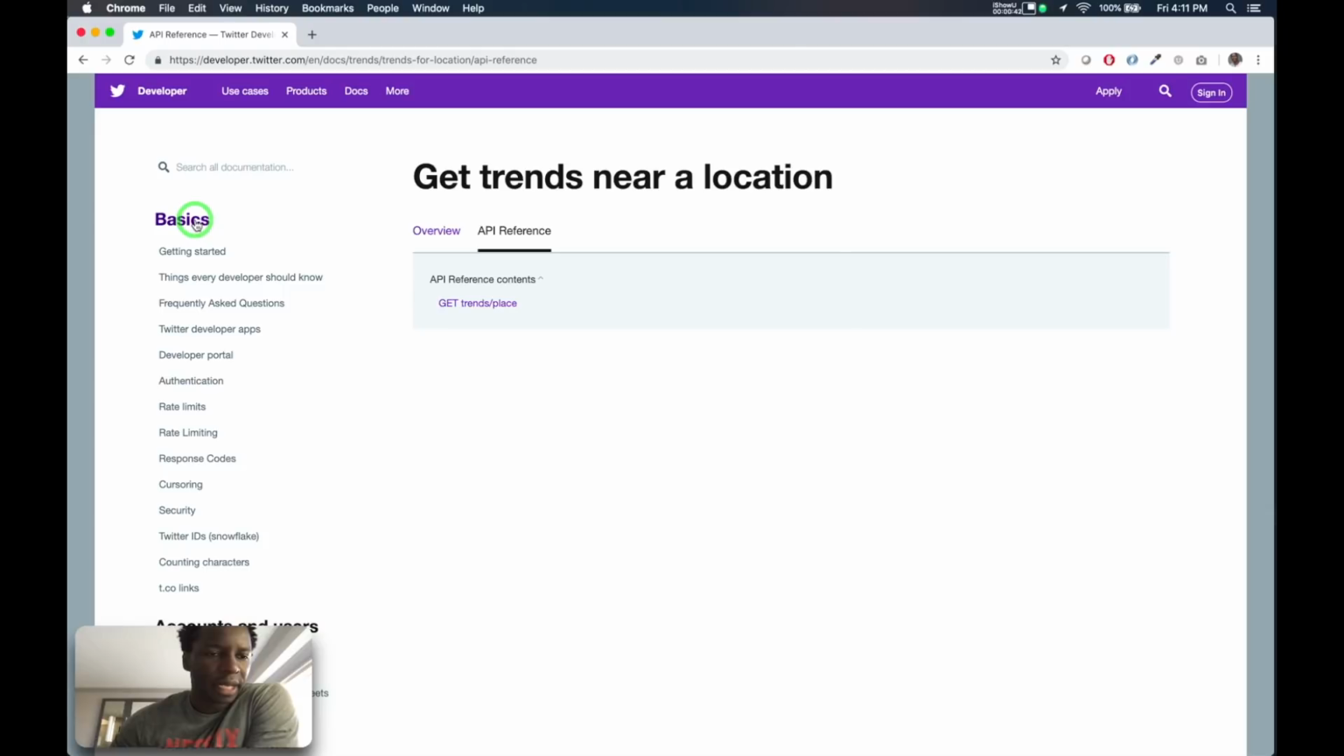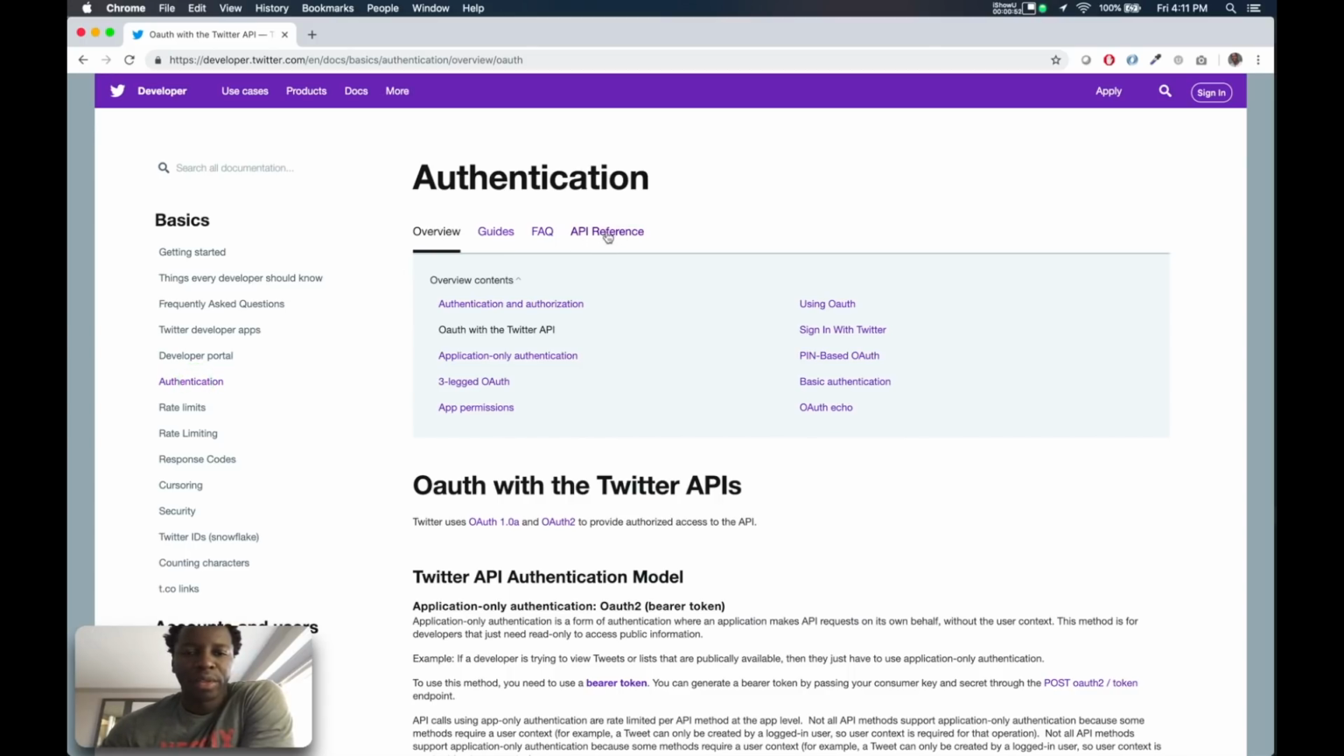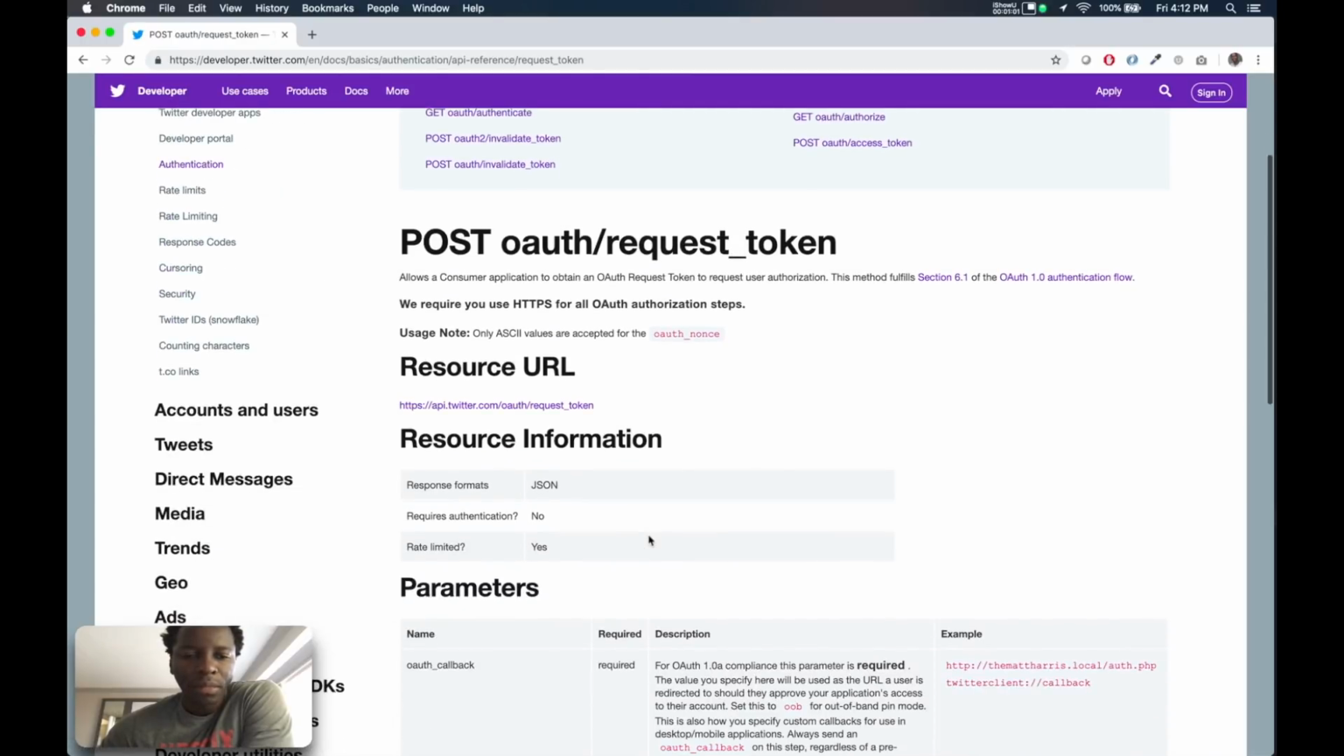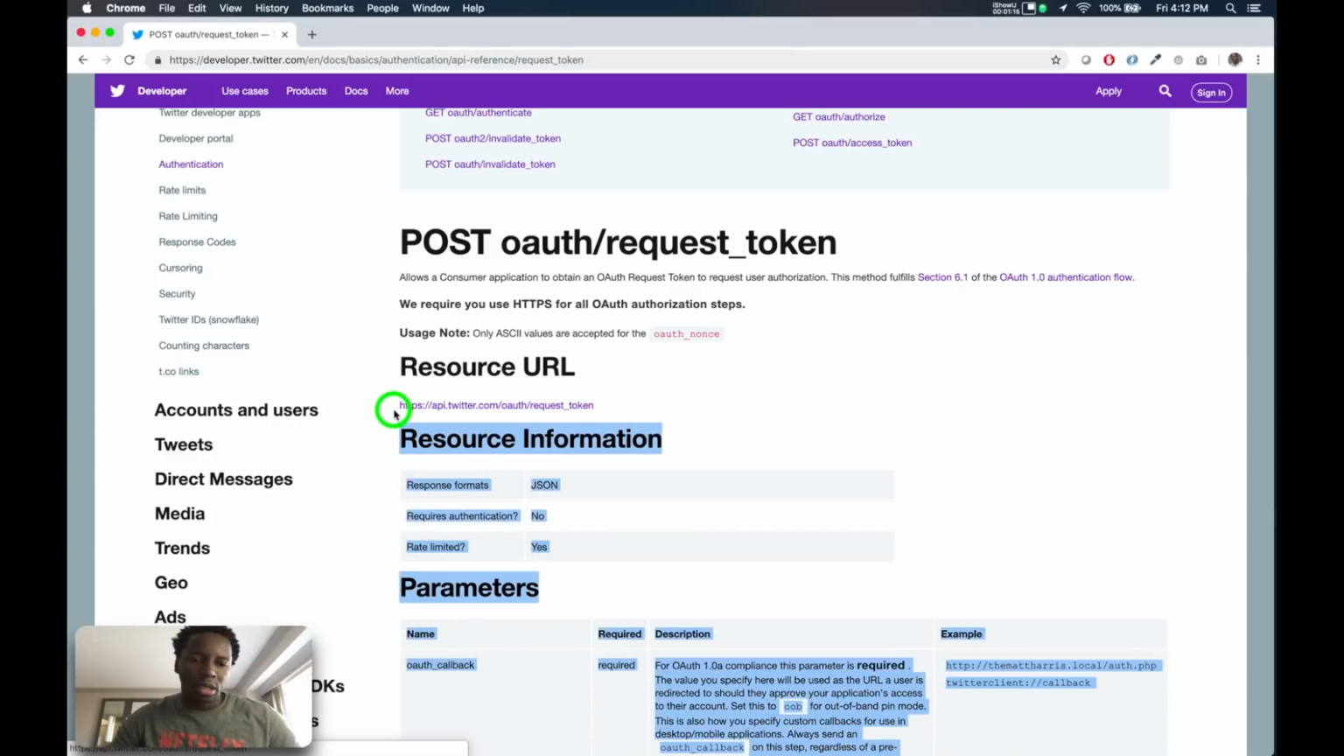I'll go under basics, and then I think it's called authentication right there. So click on authentication, and then API reference right there. And the one you're going to need is this thing right there, request token. So click on that. And then what you want to do is get this right here. This is your resource right there. You don't need to understand exactly what a token is and why the login is called request token. It's just how login works. So I'm going to select that,